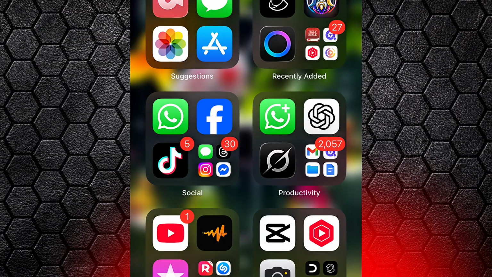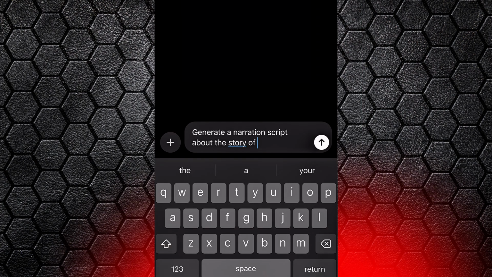Now, without taking much of your time, let us go straight into the screen recording so that you can see it. For the sake of beginners, I'm going to be starting from generating our script in ChatGPT